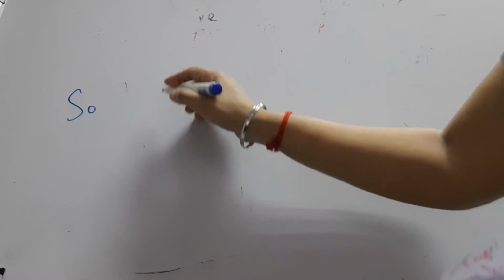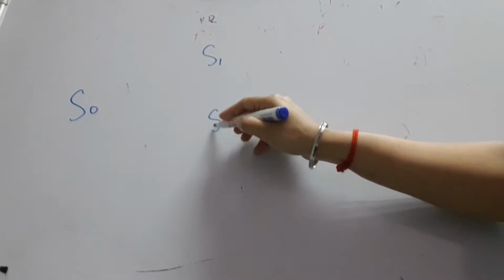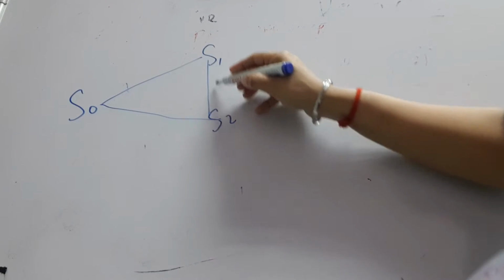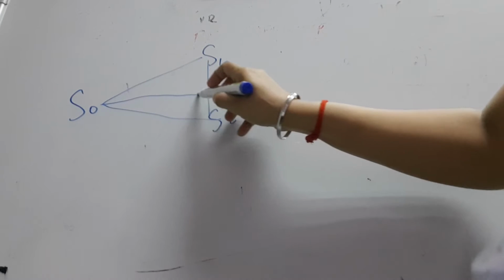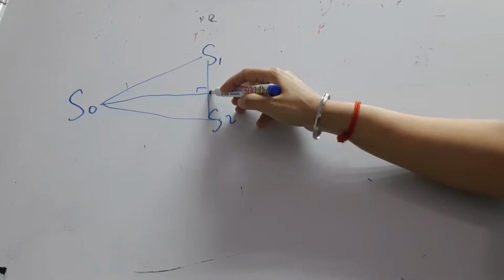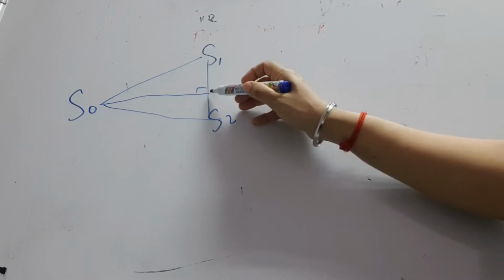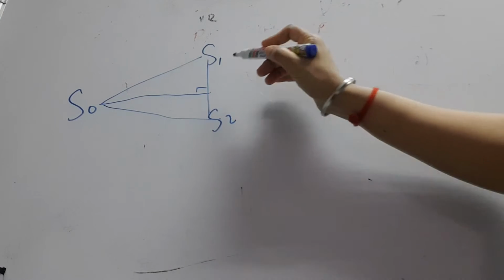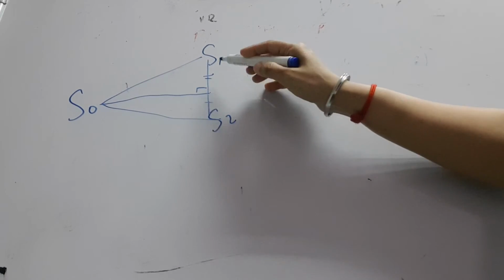Teacher asks you also about another factor: what happens when the light source here is not perpendicular to the distance between the two slits. That means the distance from the middle point to slit 1 and the distance from the middle point to slit 2 are not the same. They are different.